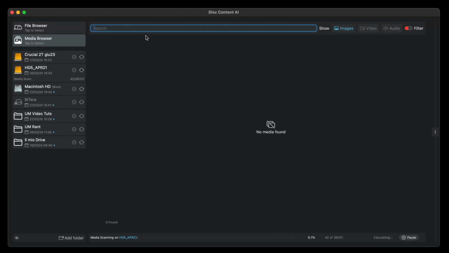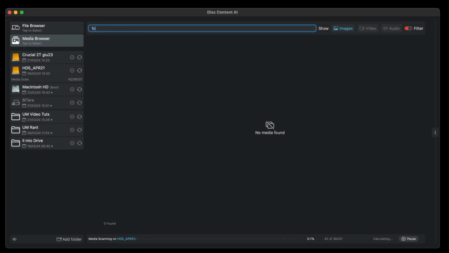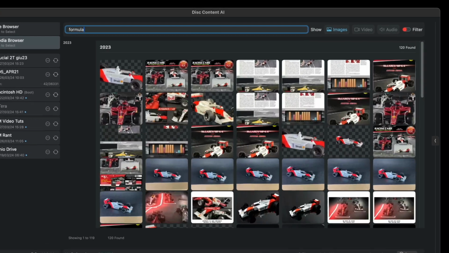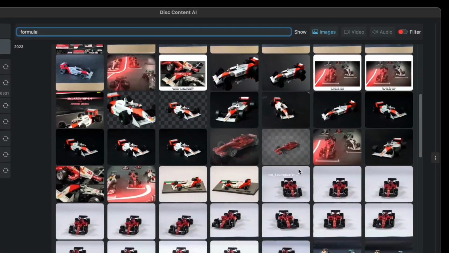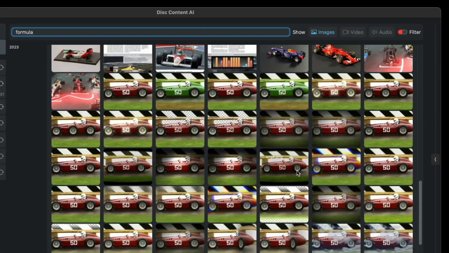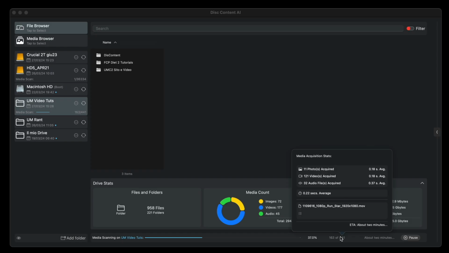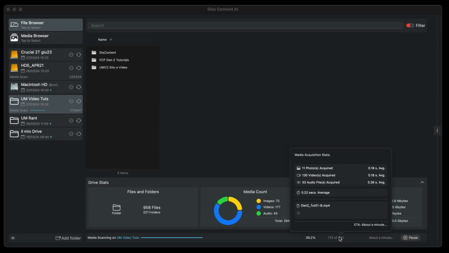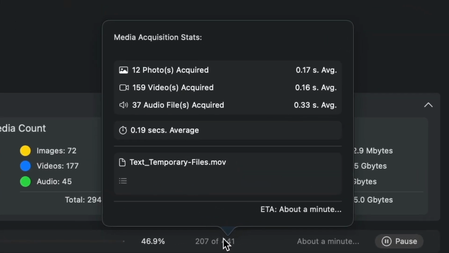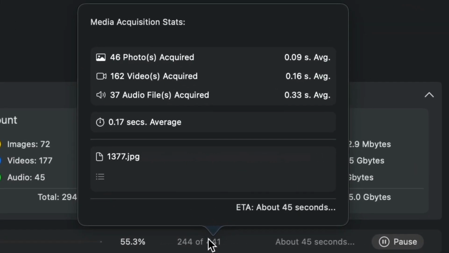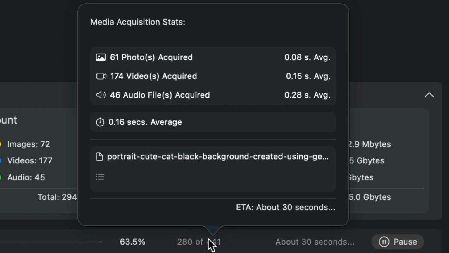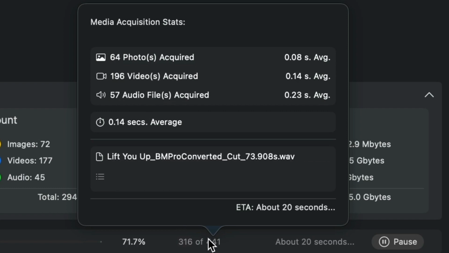When scanning media, you can safely use the application, even to search for media files. Only the results of files that have already been scanned will be shown, and not those yet to be scanned. Media analysis is done only once. When you rescan files in a disk or folder, only media files that have been added will be scanned, while those that had already been processed are bypassed, with a considerable speed increase.